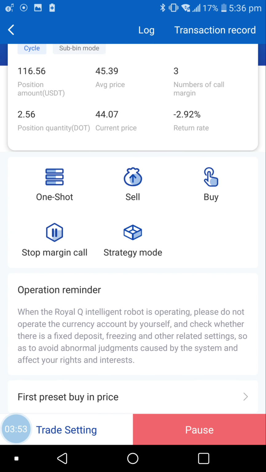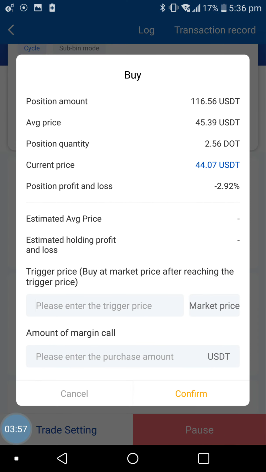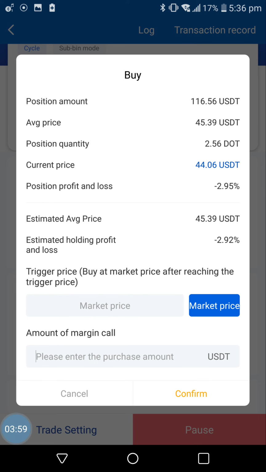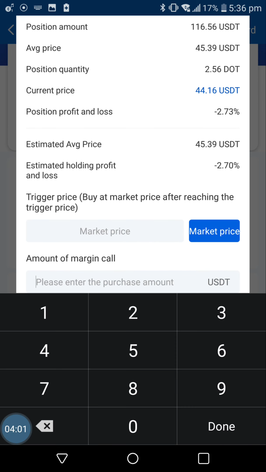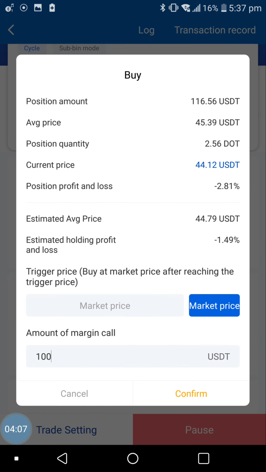If I replenish, I'm going to reduce this minus 2.9 now. If I click on it, I set come market price. I say okay, I want to replenish with, let's say, $100. If I click on $100, you can see the estimated new average price. The current average price is 45.39. You see the new average price is